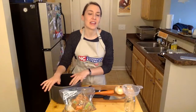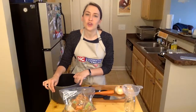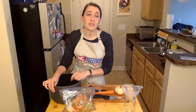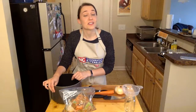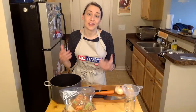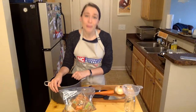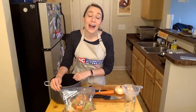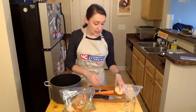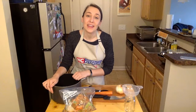I'm trying to think if there's anything else that we want to maybe avoid. Asparagus has kind of a strong flavor. So unless you want an asparagus stock, maybe leave that out. I read a suggestion to add tomato paste for extra body and flavor. And then I read another suggestion that said, don't put tomatoes in stock, it overpowers everything. So you know what? I think it's up to you. You put in what you think is going to taste good. You put in what you usually use at home, the scraps from what you use at home,